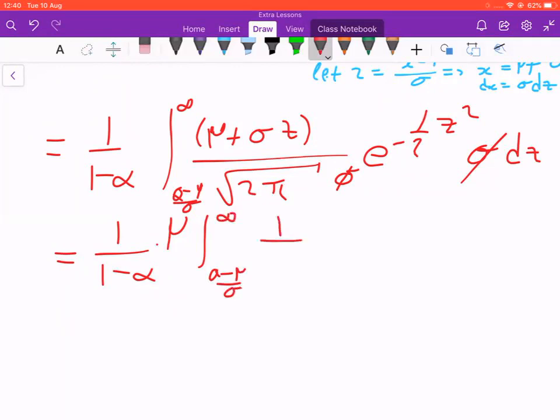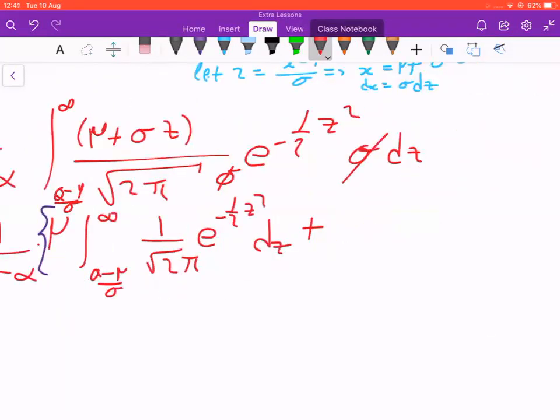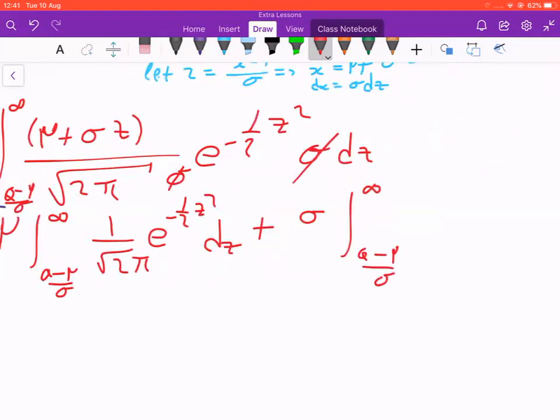And then you will have 1 over root 2 pi e to the negative 1 over 2 z squared dz, plus sigma times the integration from negative q minus mu over sigma. You will have z